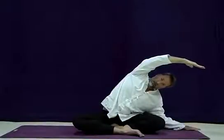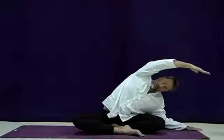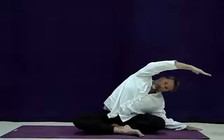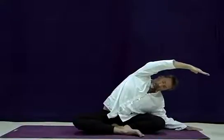Inhale and exhale, maybe sinking a little bit lower, just waiting for the body. Noticing if you're still breathing. If not, maybe back off a little bit. Always maintaining calm, rhythmic breath. And then starting to slowly come up, raising the right hand straight up, bringing the left hand up now to meet it, and then lowering the right arm down to your side,